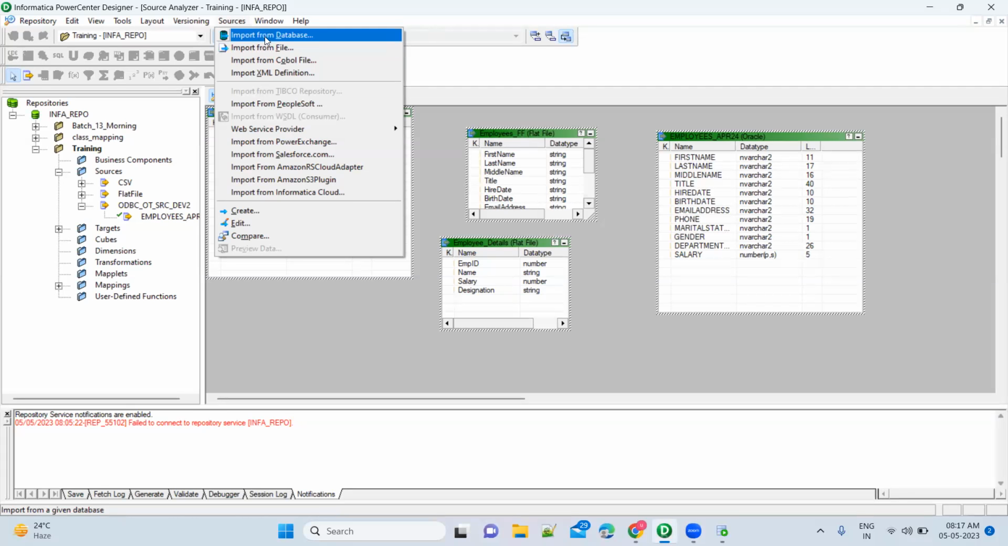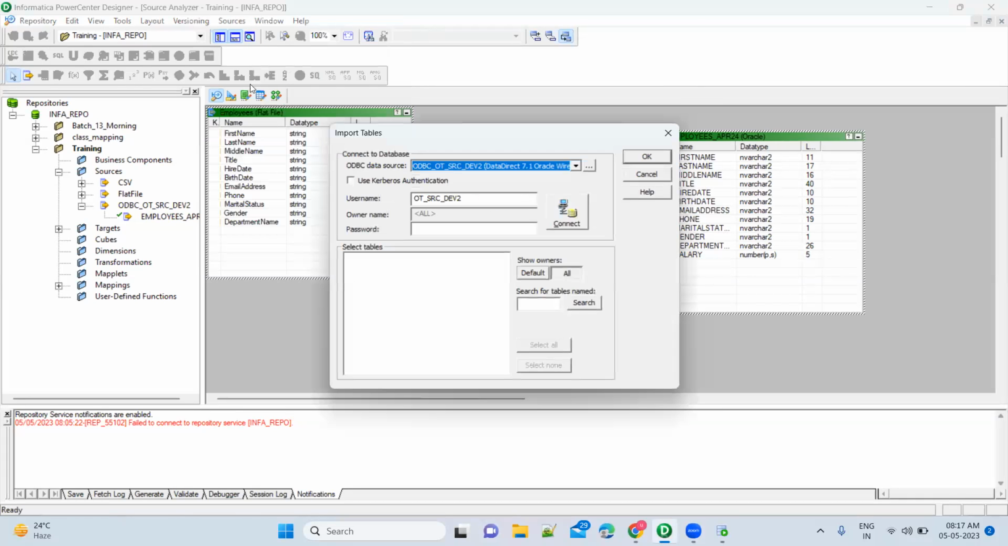Import from database, because the department table is there in the database. That's the reason you are importing from the database. And in which user is it there? In the dev user it is there, if you see. So that's where we are connecting. And the password is